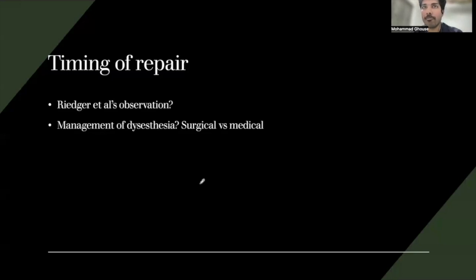So, in this article, they have stated that even though surgical method of management doesn't reduce the number of cases, it reduces the intensity of the symptoms. So surgical method is preferred over the medical method. If surgical method fails, then we can go ahead with the pharmacological management by means of agents which I mentioned earlier, such as